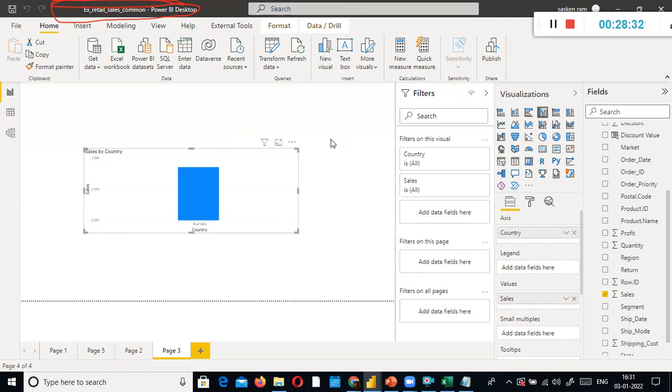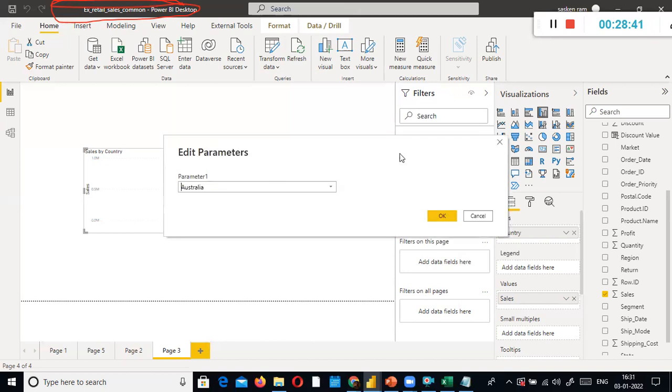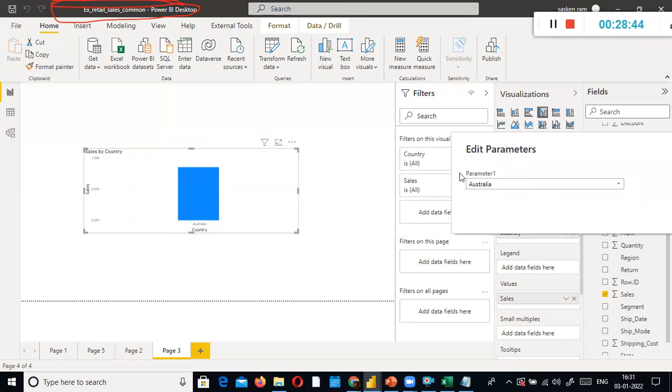See, now it got refreshed automatically. The filter has been applied based on the value you selected. I typed Australia, so this value has been assigned to parameter 1. I assigned parameter 1 to the country column in the filter in transform. Hence, country is equivalent to Australia. It applies that to this data set, and the chart visual shows Australia.